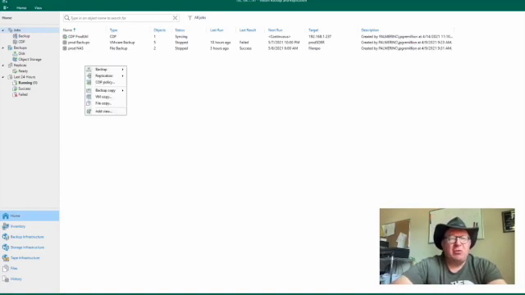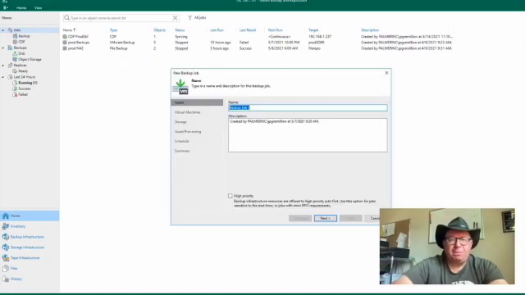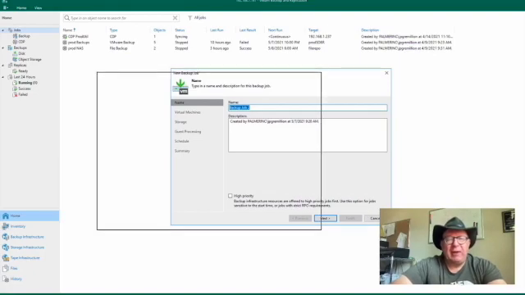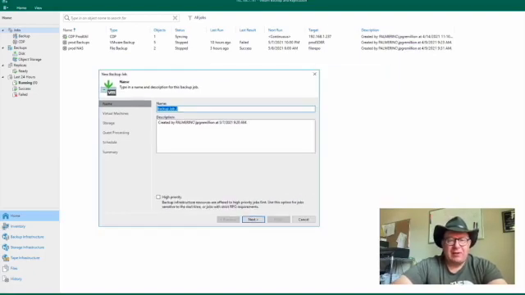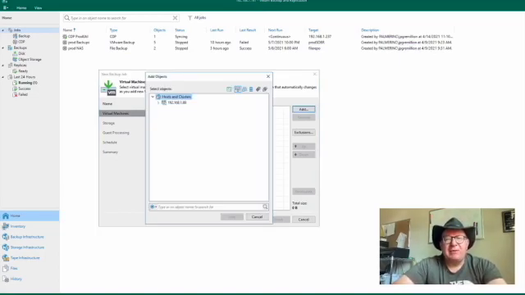So what we need to do is just go create a new backup job, right? So right click and we select backup, and we're going to back up some virtual machines. I'm going to name my backup job. For the sake of brevity, I'm just going to keep the defaults here. Select next, now your virtual machines. Like always, you click add, and if you notice, beside our hosts and clusters,